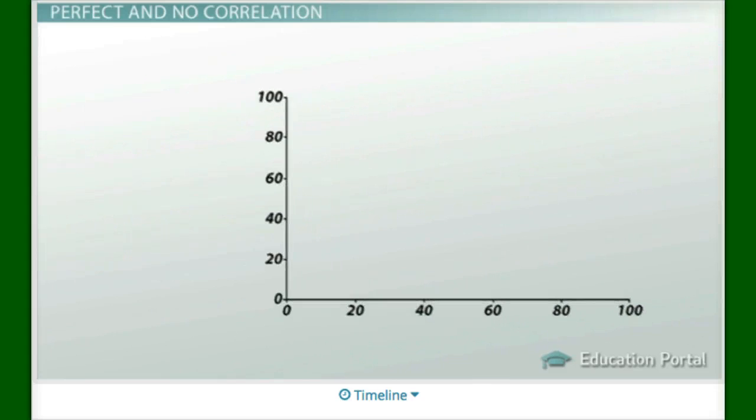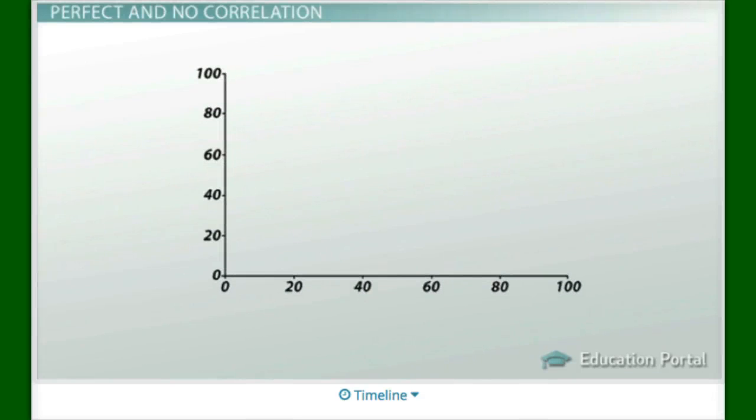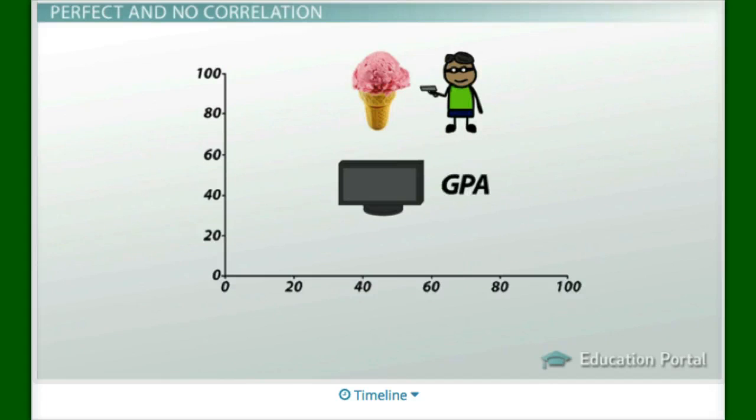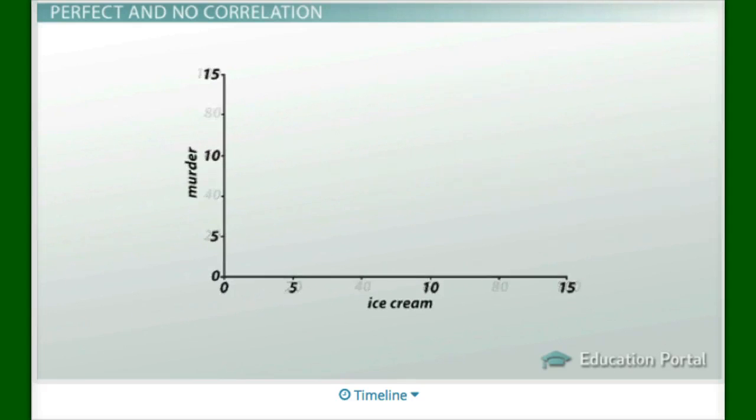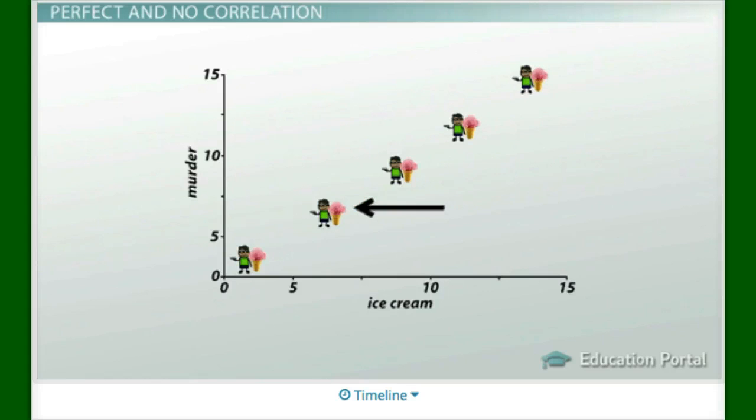Let's say, and I'm making these numbers up, that there is a perfect correlation between ice cream and murder, as well as between TV and GPA. Yes, we're using both. That would mean that there is a 1 or a -1 correlation coefficient. If for every murder there was 1 box of ice cream sandwiches sold, then 15 murders mean 15 boxes of ice cream sandwiches sold. This means that as one increases, the other will increase in an equal way. After some fancy math,